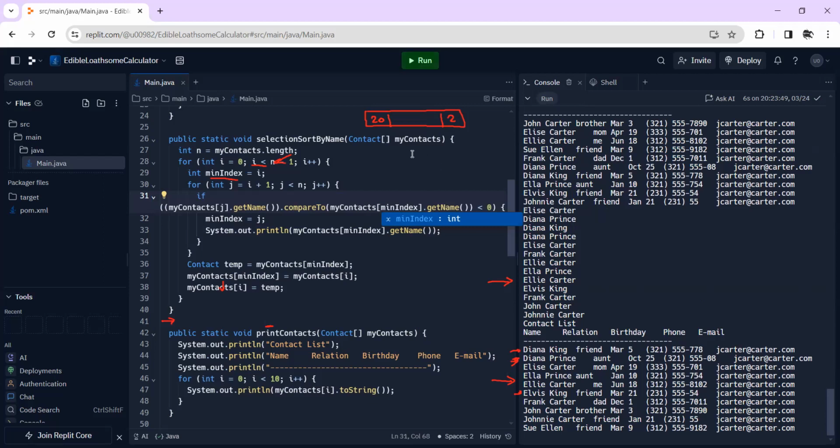Well, now it works. Okay, but do you have a reason? The min index is there. Yeah, the min index is there because